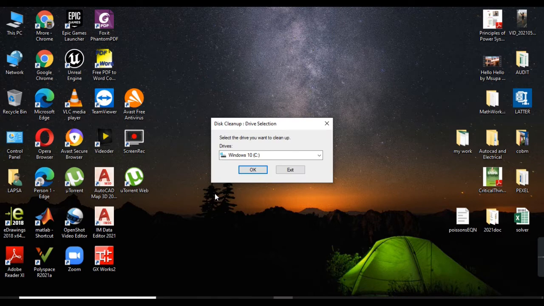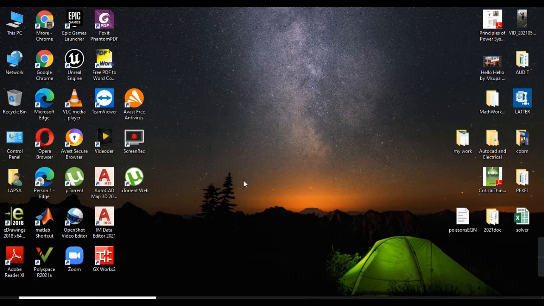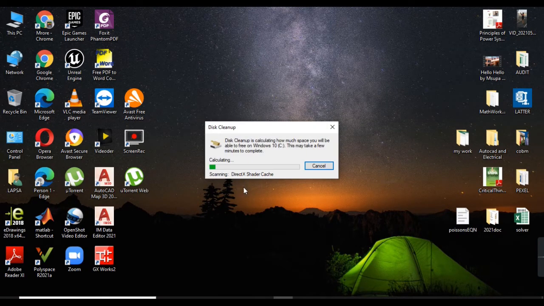It requests where you want to clean in your system, so you have to hit OK. Right now it is calculating how much we want to clean up in the system.